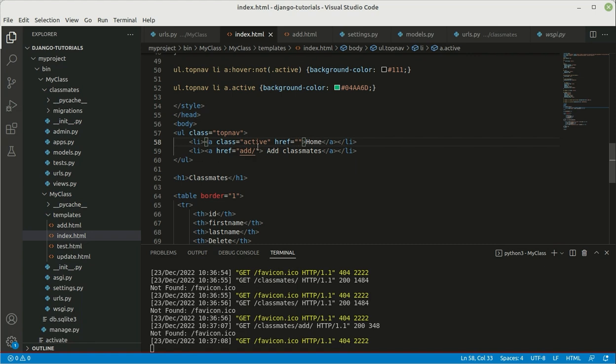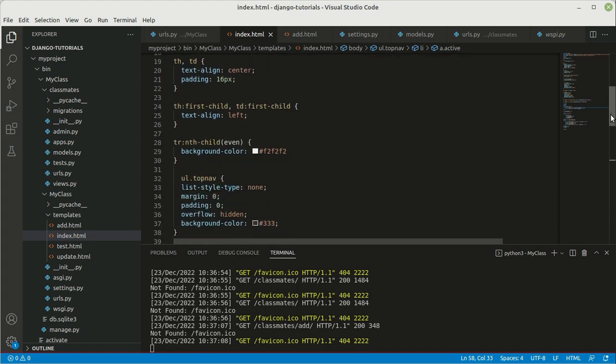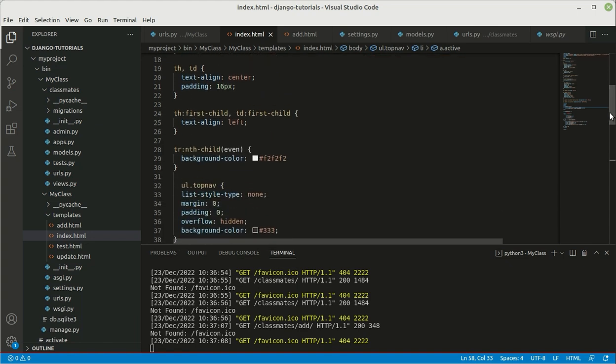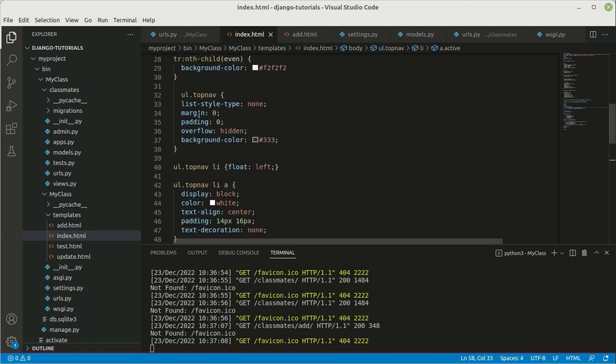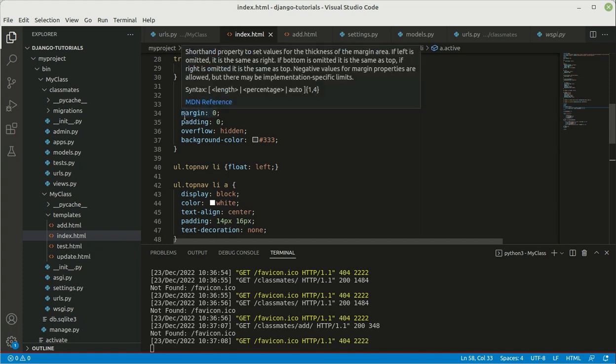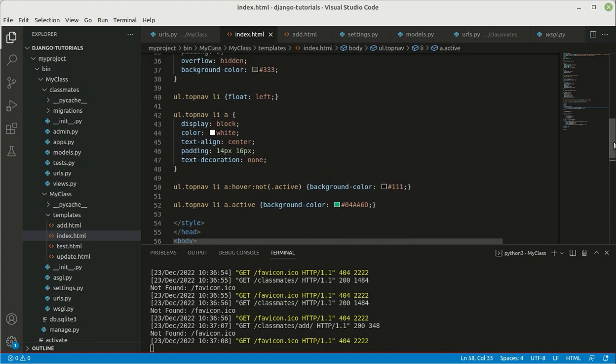Okay, so that's how we write the HTML code related to a navbar, and then in the styles we will address top nav, and here we will just work on the li tags. So as you can see, ul.topnav, and then we have added some styles related to the list: margin, padding, overflow, and then background color, right? You can change the background color too. And then we have the other related